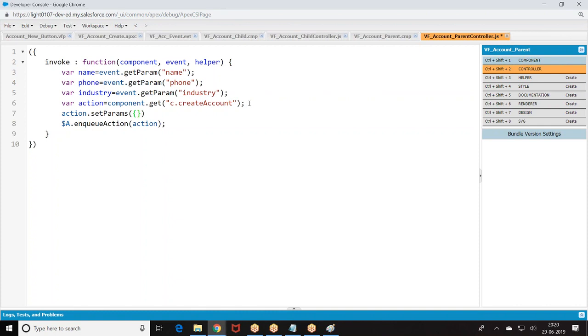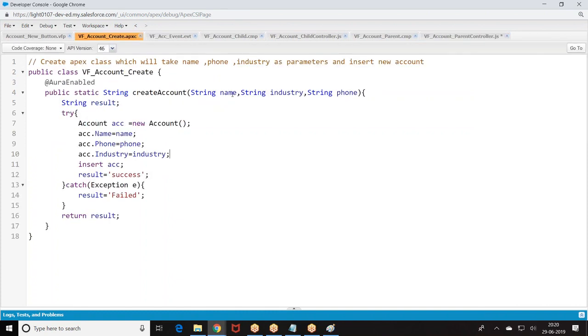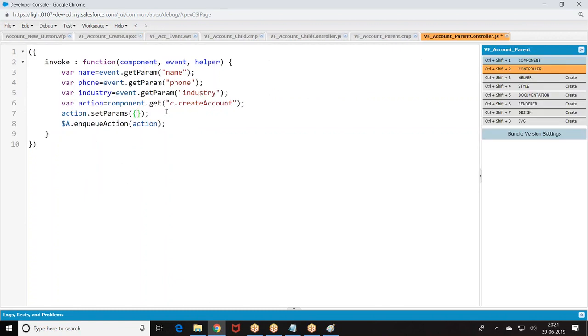What is the order I give? Name, industry, phone. Action dot set.